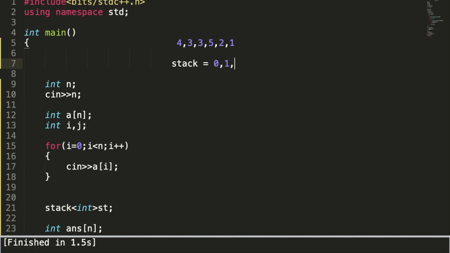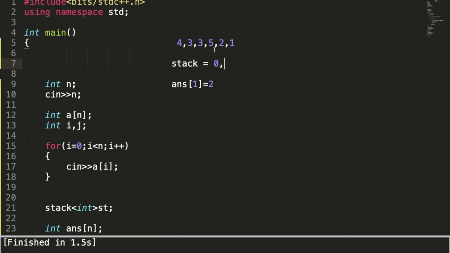Okay. Now I am going to check, is the second element greater than or equal to 3? Yes. So the second element will pop the first element. It is going to pop. It means after popping, before popping I am going to give the answer of 1 as equal to the second. It means for 1, the second index element is greater, and this is the first time it is coming, and that is why 1 was in the stack. So 2 will pop this, and answer of 1 will become 2.